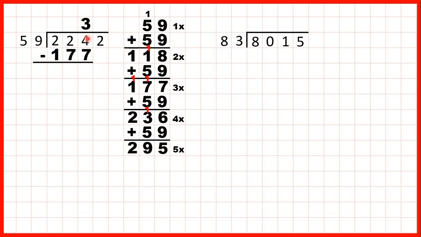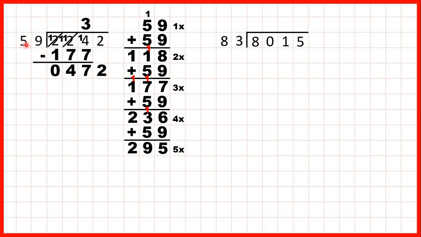We can't do 4 minus 7, so go to the left, 1 less, 1 in front. 14 minus 7 is 7. We can't do 1 minus 7, so go to the left, 1 less, 1 in front. 11 minus 7 is 4, 1 minus 1 is 0. So now we can bring down the 2, and we have